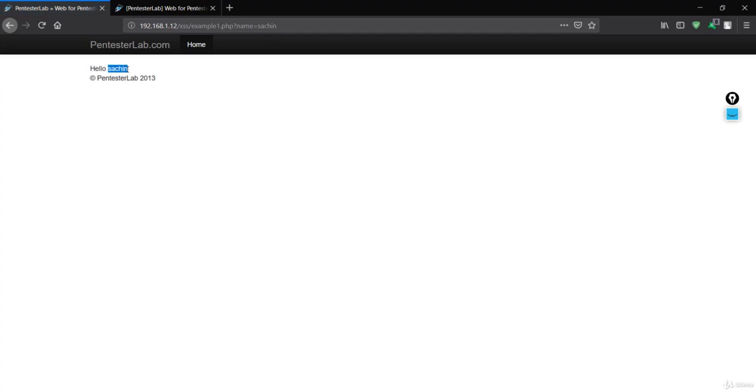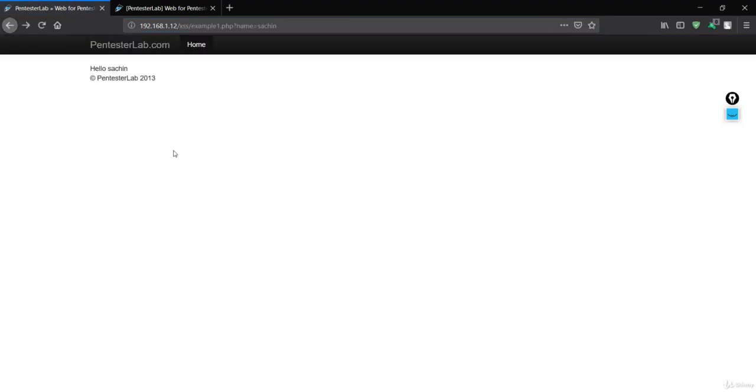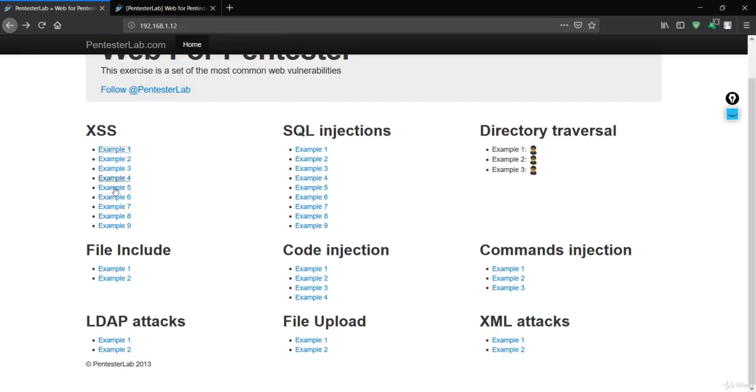That means it has a reflection, that means it has reflected XSS. So simply put your simple payload here. I'll say script alert 1, or any payload you want to load, and when I press enter you will see that 1 was reflected over here. So these are a couple of exercises you can test over here.